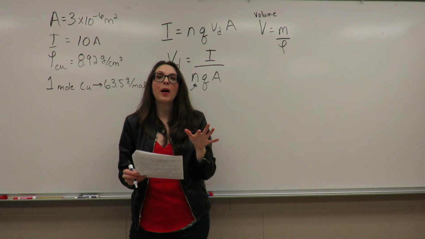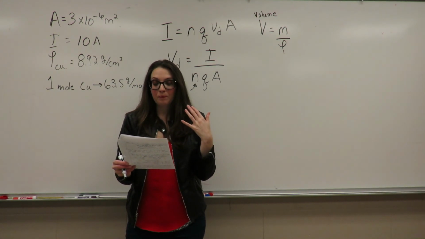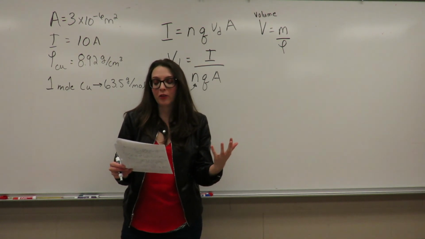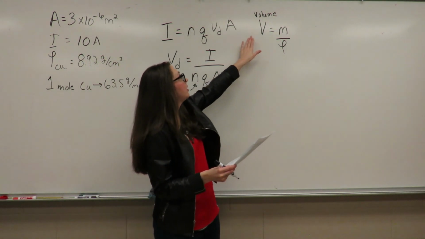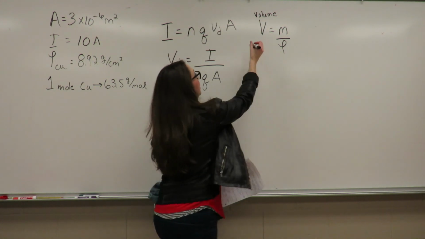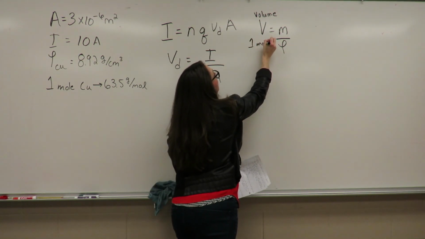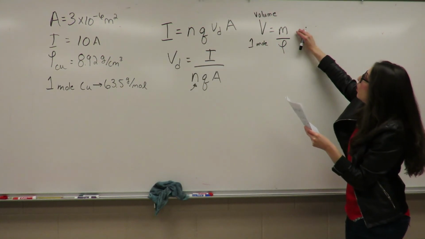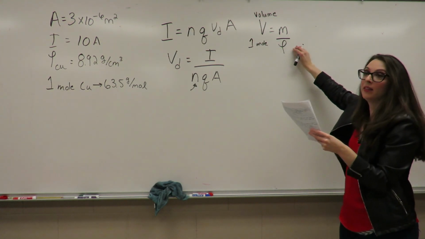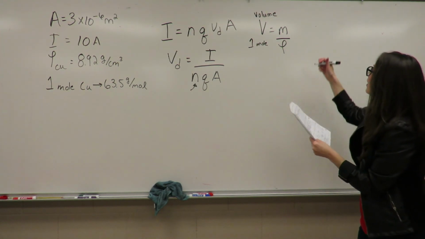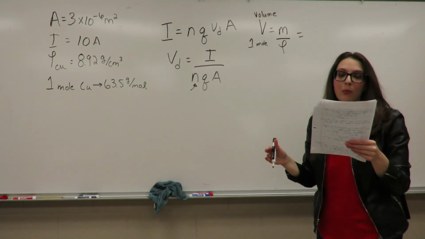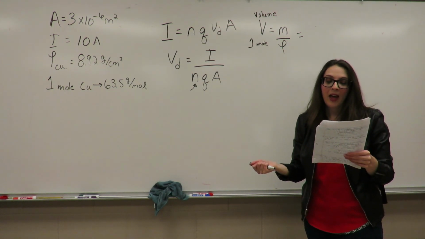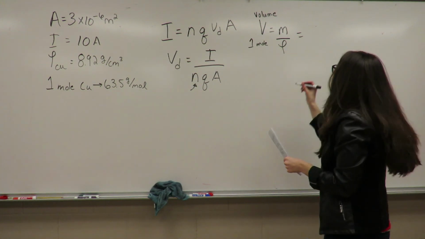To do that, we're going to start by figuring out what is the volume of 1 mole of copper. And so we can do that by saying that the volume of 1 mole of copper, so remind ourselves that this is 1 mole, is equal to the mass of 1 mole of copper divided by the density of copper. And so we look on the periodic table and we can find the atomic mass of copper from the periodic table. And from that we know that 1 mole of copper is equal to